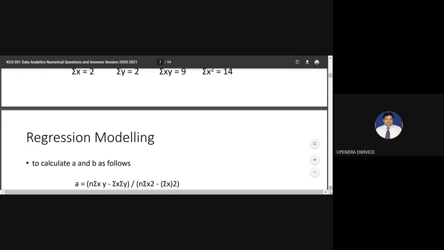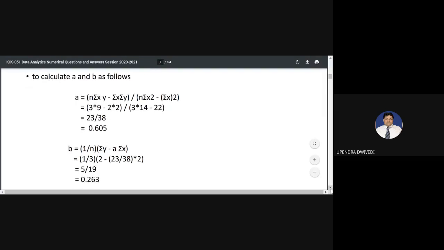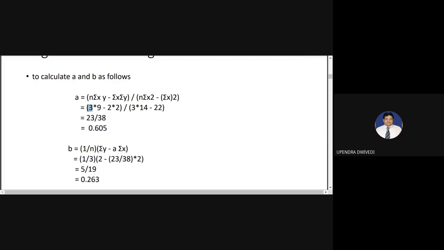After that, we calculate a and b. a and b are coefficients: a will be your slope, b will be your intercept. When we draw the line, we'll see what the slope and the intercept are. To calculate a, we take the value of n, the total number of data points. There are 3 data points. Then we put in sigma xy, that is 9, then subtract sigma x into sigma y, that is 2 into 2. The whole value is calculated and divided by n times sigma x square minus